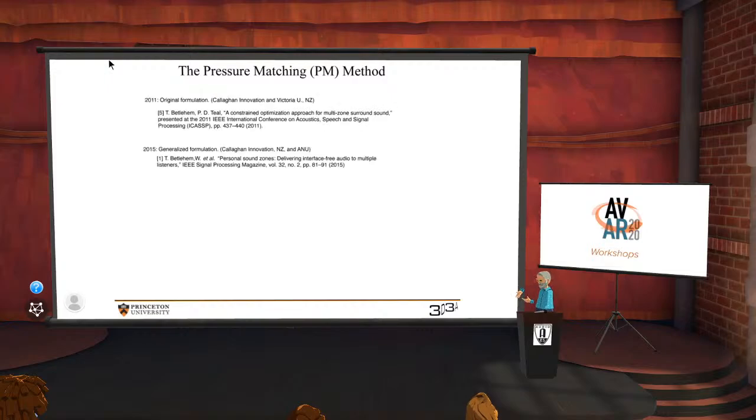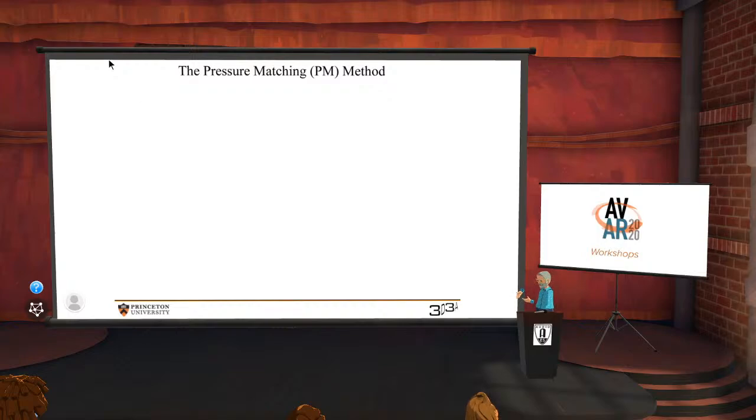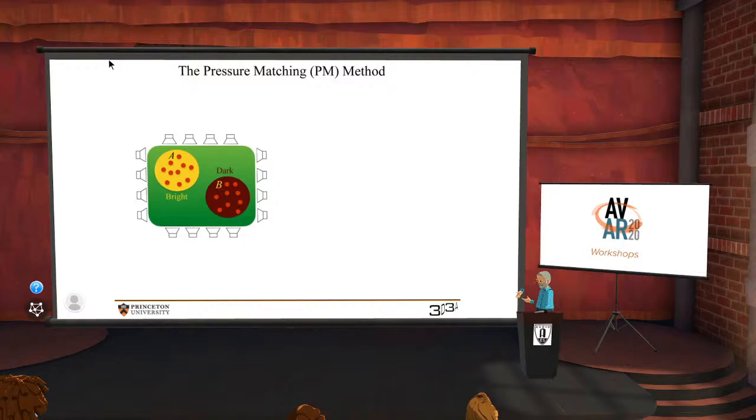Again, these are the references. I won't go through them here. They're mostly from down under, from New Zealand and Australia, where people first worked on this method. There, the idea is,